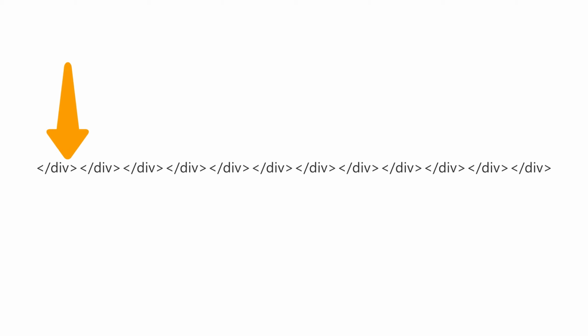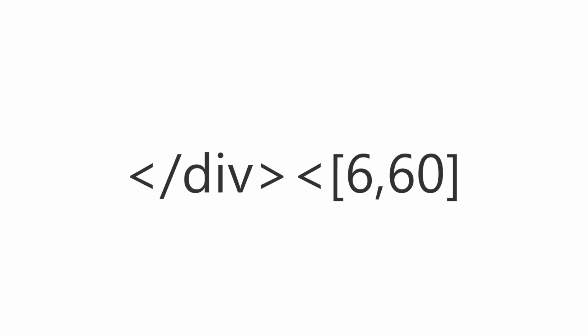We've got these first 6 characters, the greater than sign, the slash, div, and the less than sign. We'll keep these as our reference, and make a second reference to the first symbol, starting 6 characters back. And we'll say let's use the next 6 characters from there. So now we've got our first closing div and our second closing div. Since the next 10 closing divs are the exact same, we can make this refer to the next 60 characters. And voila, what started as 72 characters uncompressed in their original form can now be represented by just 14 characters in total compressed format. So that's the basic idea.